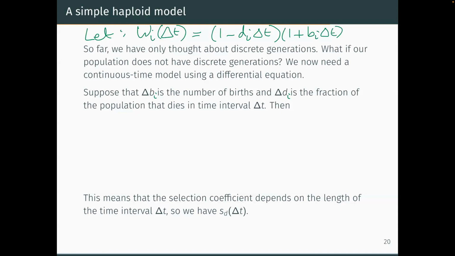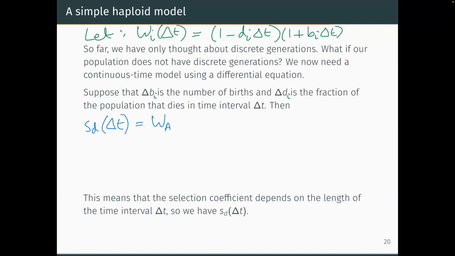So it's going to be a relatively small window, and then we're going to just take the limit and see what happens as delta t goes to 0. Okay. So we've got our selection coefficient from before. So our selection coefficient modified now across this window delta t